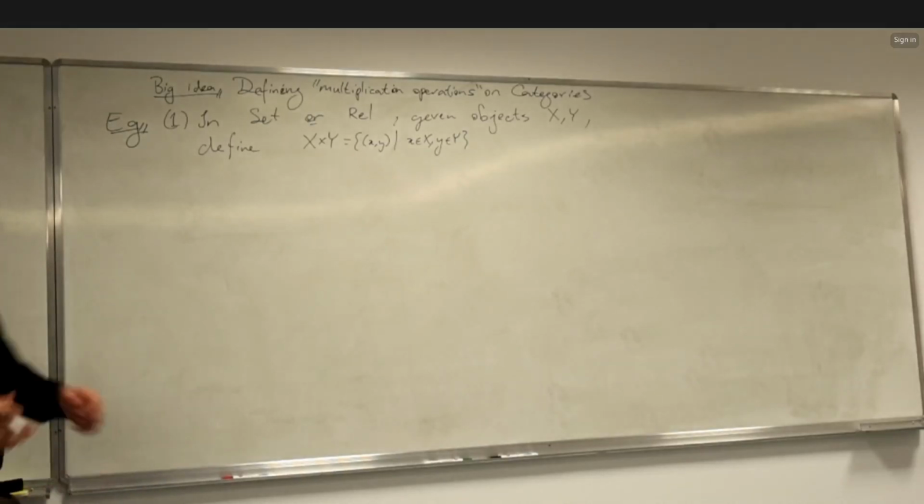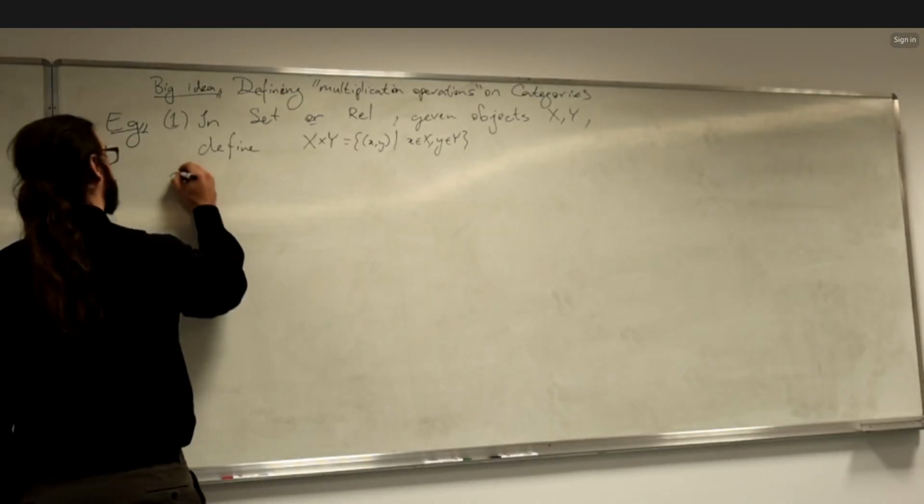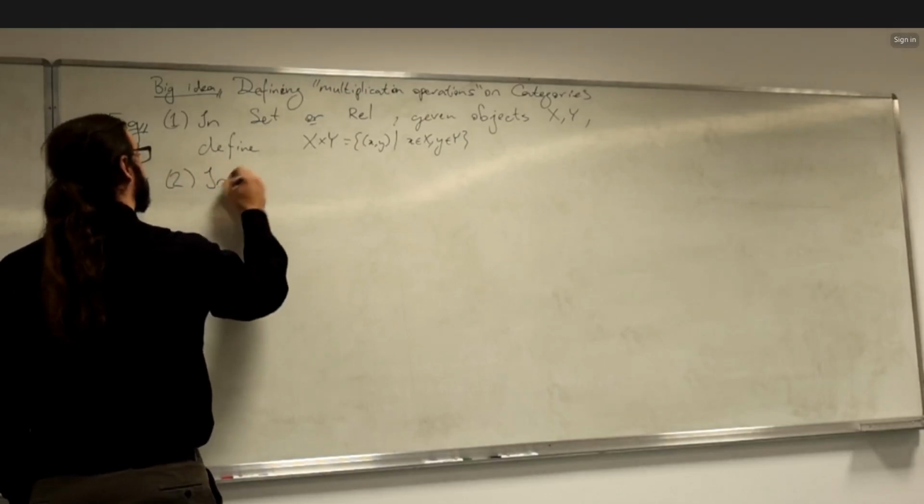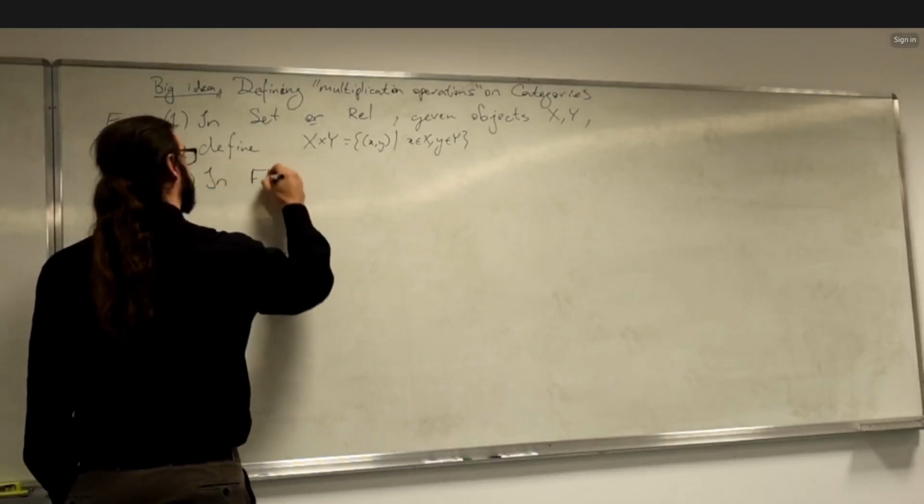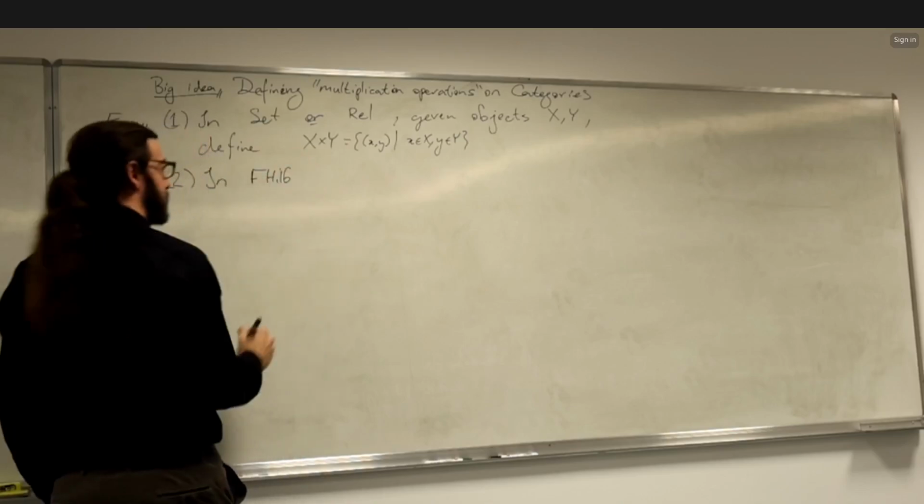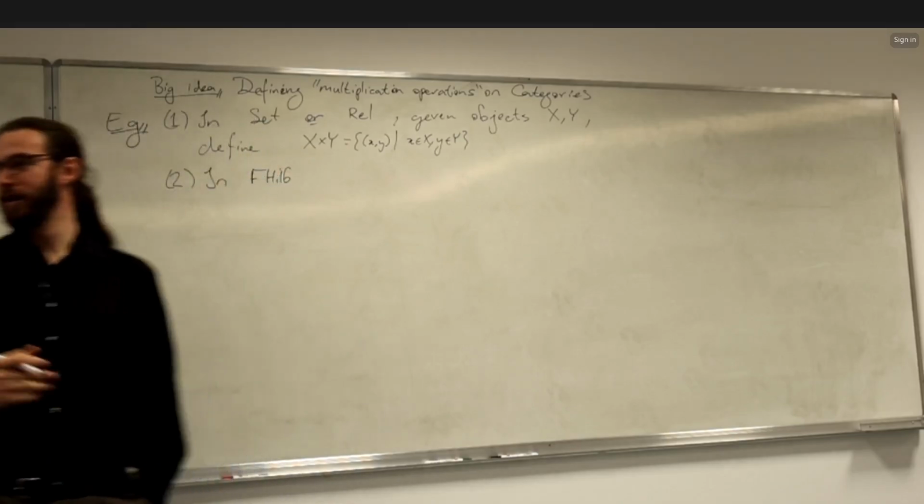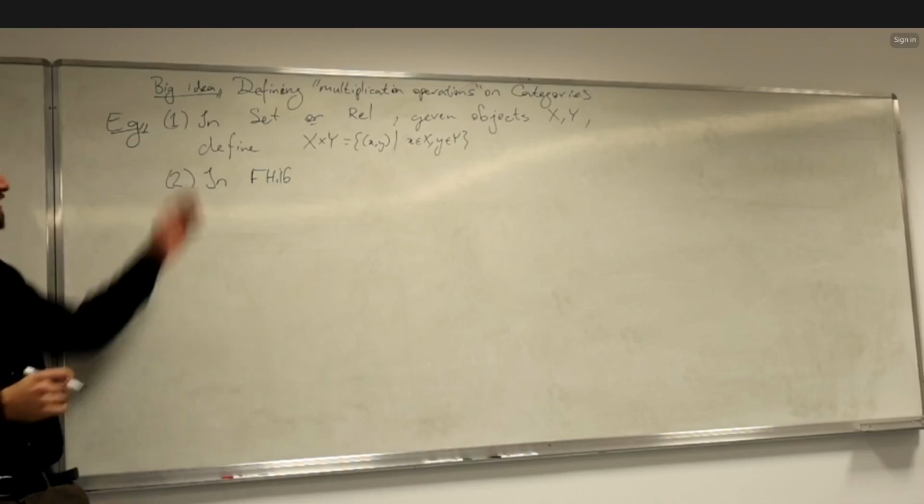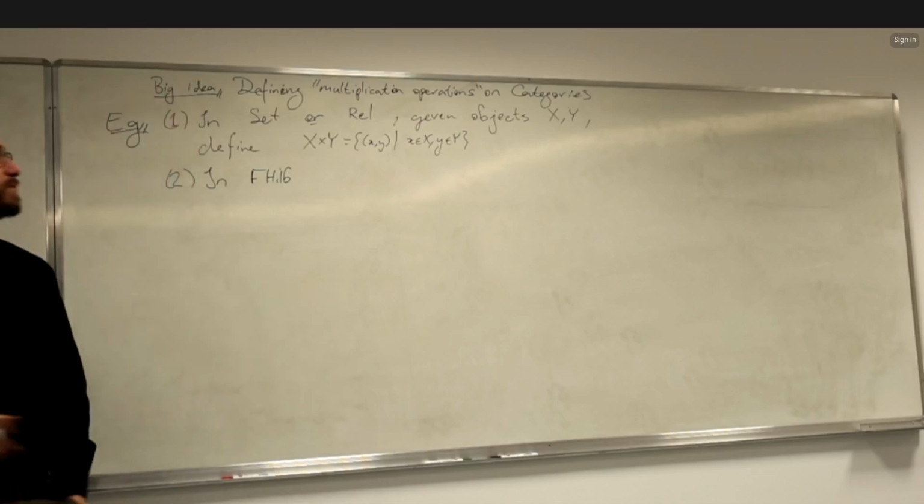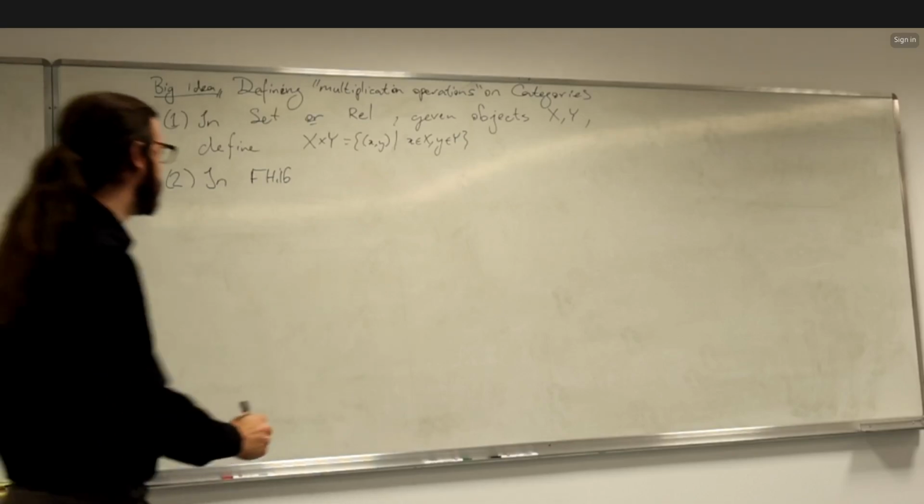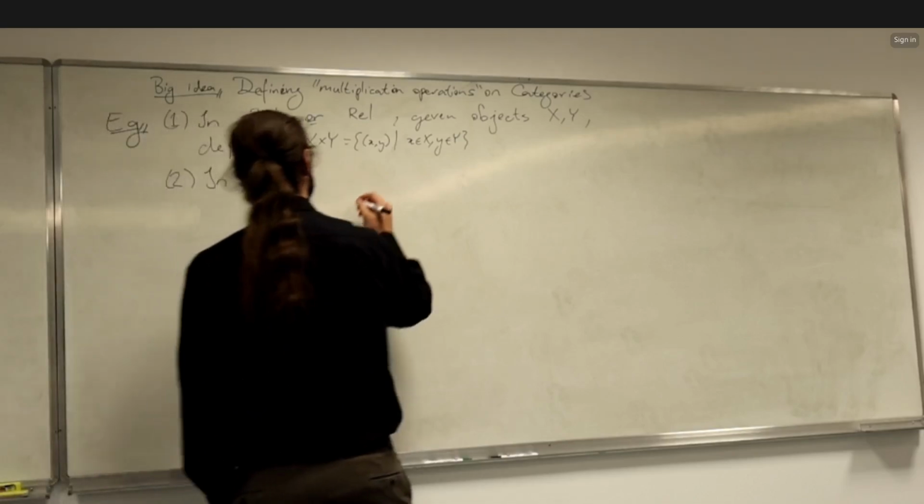So this is a way of taking objects in a category and multiplying them. And now, in finite dimensional Hilbert spaces, we have a couple of options. Actually, in set or rel, we also have a couple of options, but let's think about this. In finite dimensional Hilbert spaces,